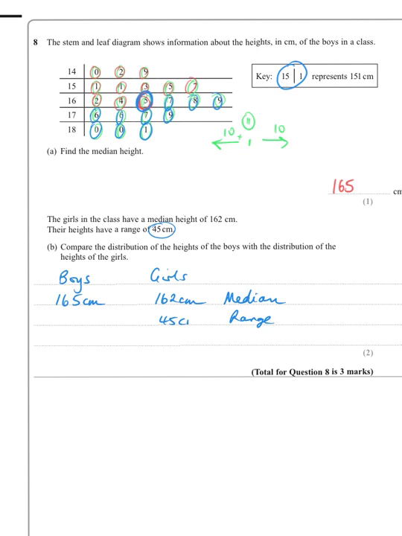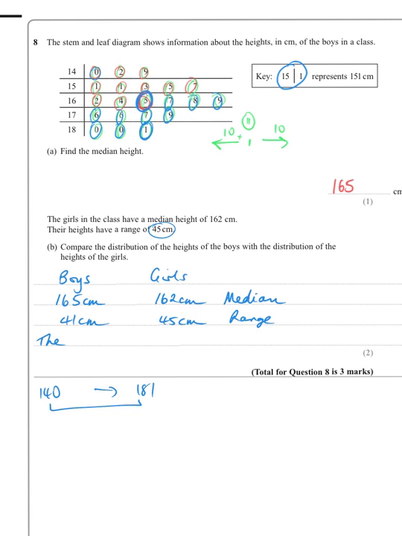And then the heights of the girls has a range of 45 centimetres. And we can quickly work out the range for the boys, and it goes from 140 being the lowest up to 181. So the range is 41 centimetres, the difference between 140 and 181. So we can just compare the distributions by saying